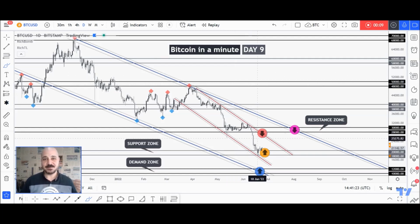So let's do it. As per yesterday's analysis, we know that Bitcoin is still sitting around the 18k, 20k support. So now we are stuck inside a whole range, which we can see better from lower time frames, and we are still waiting for the bulls to take over for the correction movement upward to start till around the upper brown trend line. Meanwhile, the bears are still in control, and if we have an aggressive candle close below the 18k, then a movement low would be expected till around the 10 to 12k,